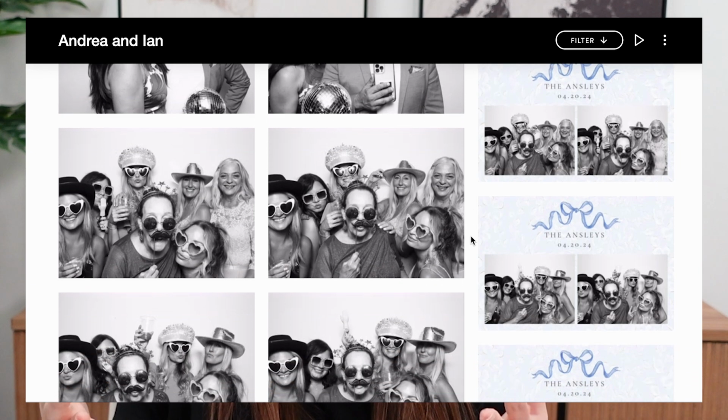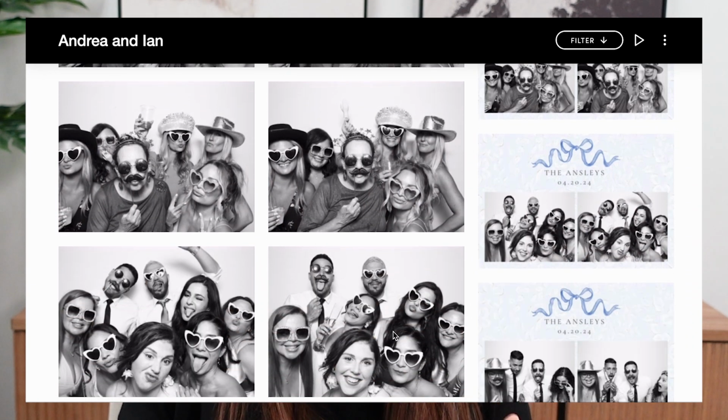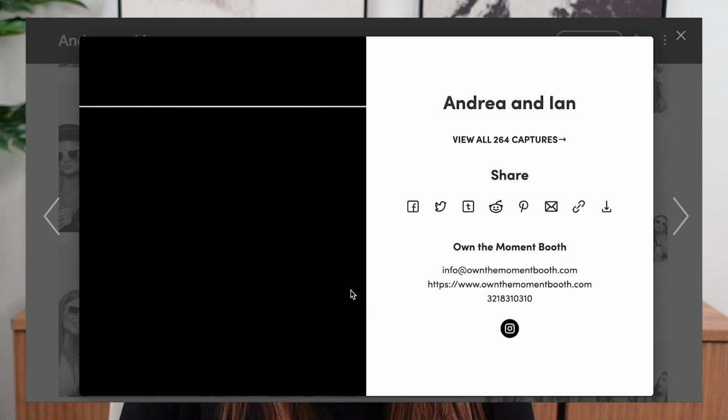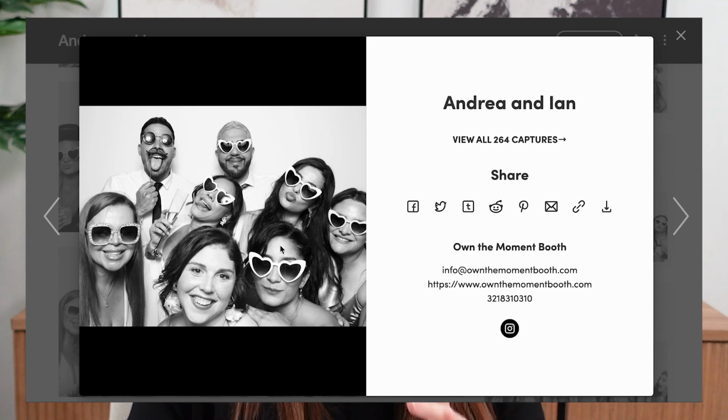I share this because even if I'm doing a digital photo booth at a wedding, I actually prefer to do templates because there's some instances where they take one great photo out of the 3 and maybe they only want to save 1 out of the 3, and they actually can with a template because they can go into that live gallery and just save that perfect one that they liked the most